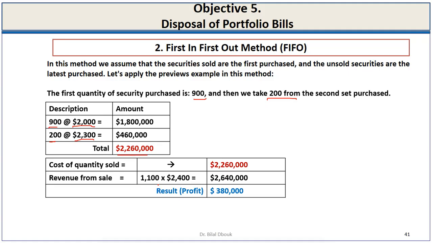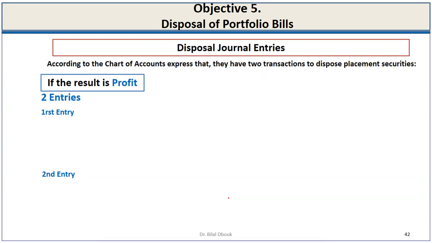The revenue from sale is 2,640,000. So here the profit is $380,000. So whenever we have a result of a profit from the sale of placement securities, we have to record